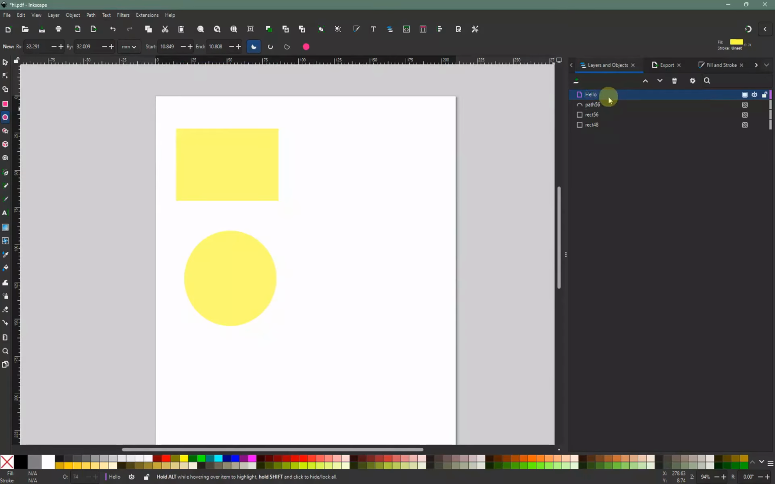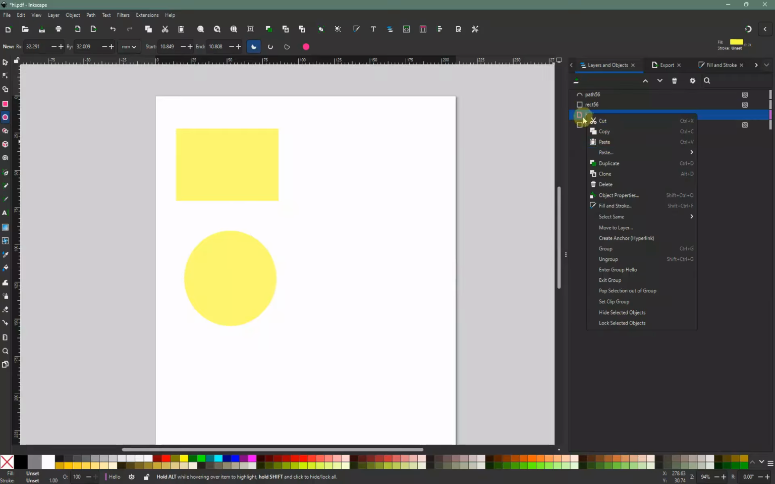To add a new layer, simply click the plus icon at the bottom of the layers panel. A dialog box will pop up asking you to name your layer and decide if it should be above or below the current layer. Give it a name that makes sense for your project, like background or text, and click